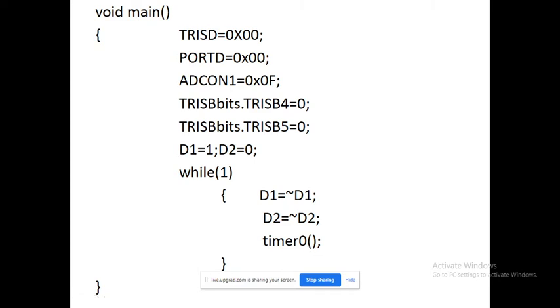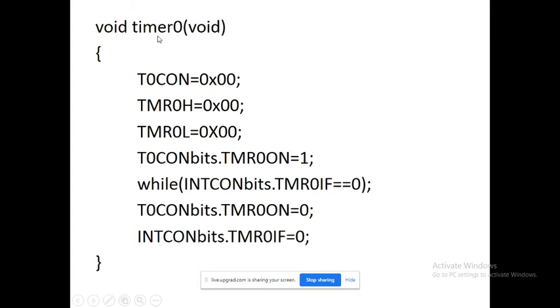Okay, now we will discuss that timer 0 subroutine. Now in the timer 0 subroutine, first the T0CON register. As per your choice, you calculate the control word and place it in the timer 0 control register. We have already calculated that number, and we are placing it into the timer 0 control register. With the help of it, our timer 0 is in off position. You are selecting 16-bit timer, internal clock source, rising edge, and prescaling you are interested in, prescale divided by 2. In this fashion, you have calculated the number and placed it into the timer 0 control register.